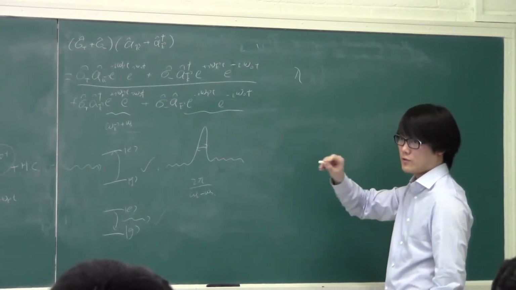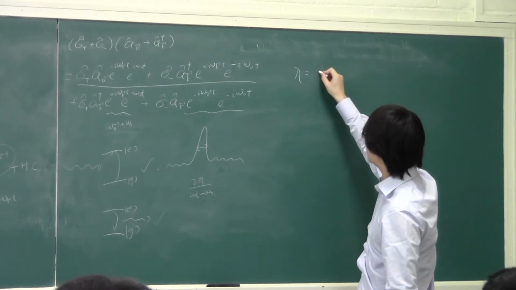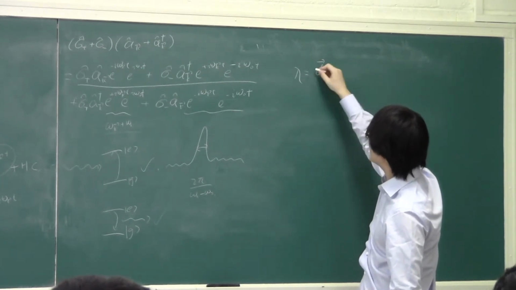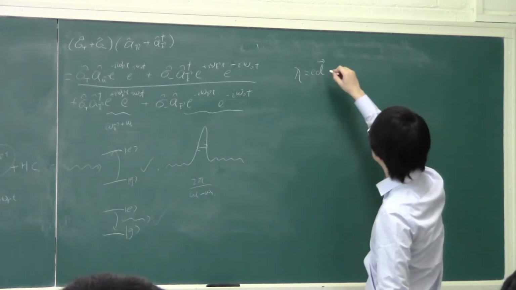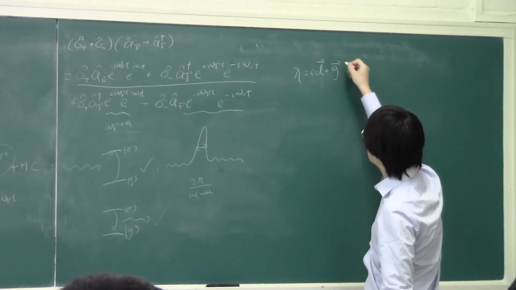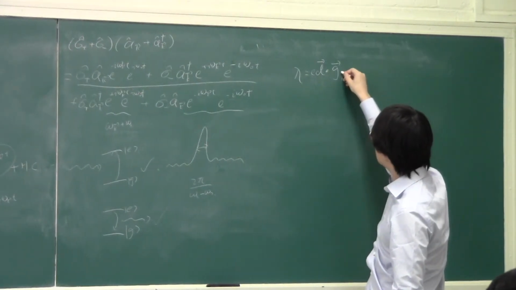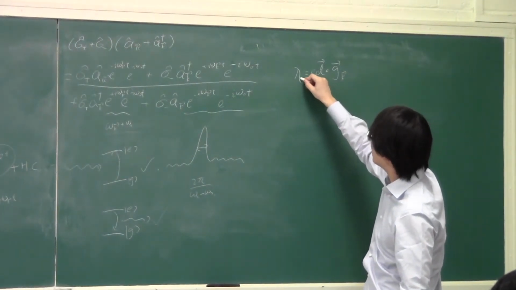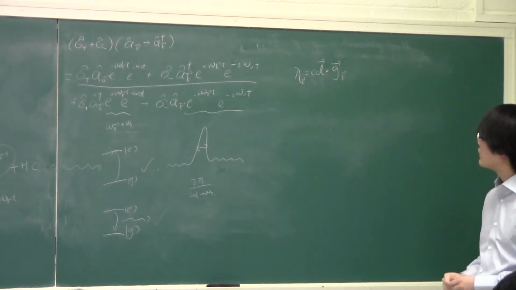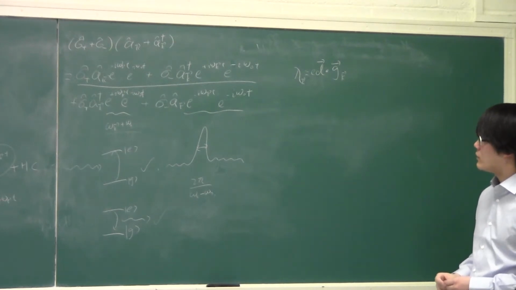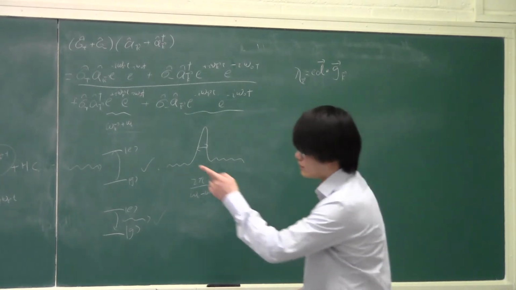So let me call that lambda, which is not the wavelength. This is just a measure of the strength of the coupling, equal to, maybe we should even attach the E, E times D dotted with G. So this is the lambda. And of course, if we're considering multiple wave numbers, the lambda is addressed by multiple wave numbers. So that's it. And by writing that down, we can turn the interaction Hamiltonian